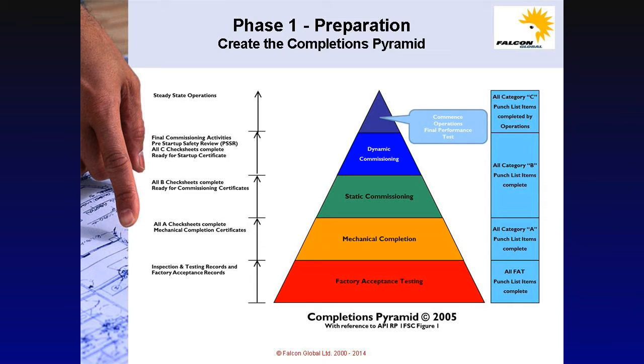In factory acceptance testing, these would be FAT check sheets and FAT certificates. In mechanical completion, these would be the A check sheets and mechanical completion certificates. In the pre-commissioning phase, these would be the B check sheets and any relevant certification to denote the completion of pre-commissioning. In dynamic commissioning, this will include all of the C check sheets, commissioning procedures, and the certification to denote